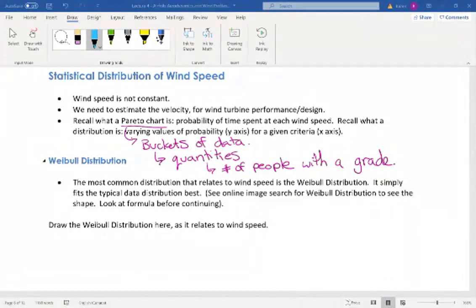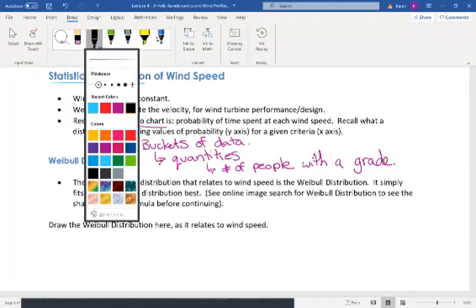So we need to know, well, what is wind speed actually? Is it always one velocity that we see on the Canadian wind speed atlas? No, it actually follows a statistical distribution that we can mathematically predict. So wind speed is not constant. Now, what do I mean by statistical distribution? Well, statistical distribution,